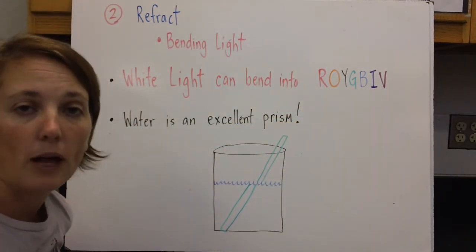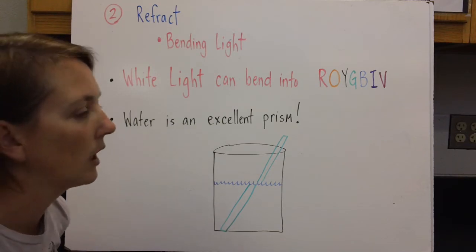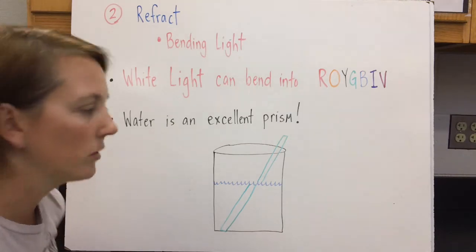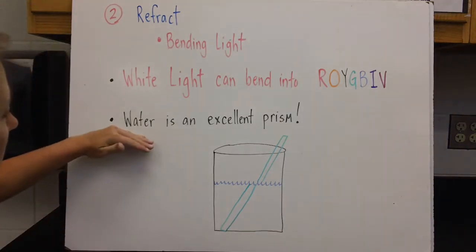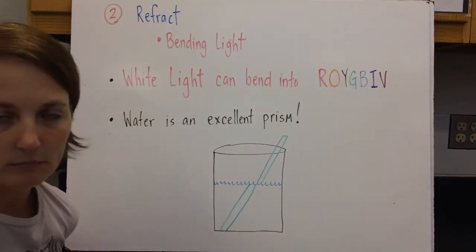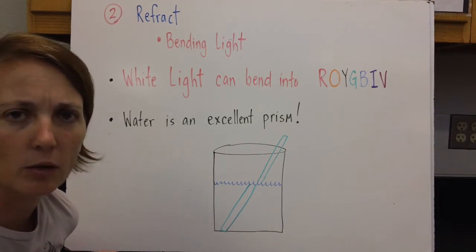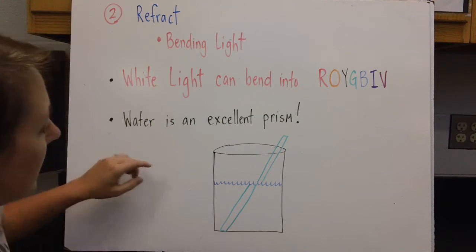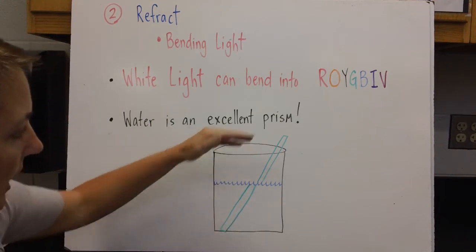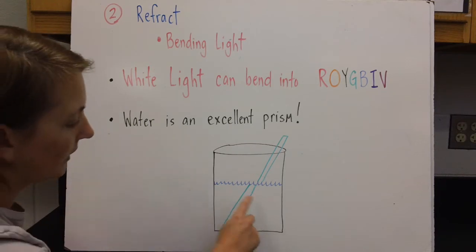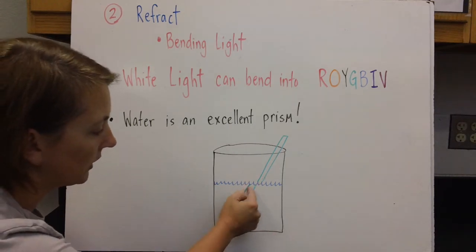We're going to do some lab work this week where you can use a special lens to see that white light actually can bend into the colors of the rainbow. Water is an excellent prism. You've ever seen a prism where a rainbow appears somewhere because light is being bent? Pretend that this is a beaker of water and I were to put a green straw into this beaker of water. If you were to look at it from the side, it would actually look like the straw was cut